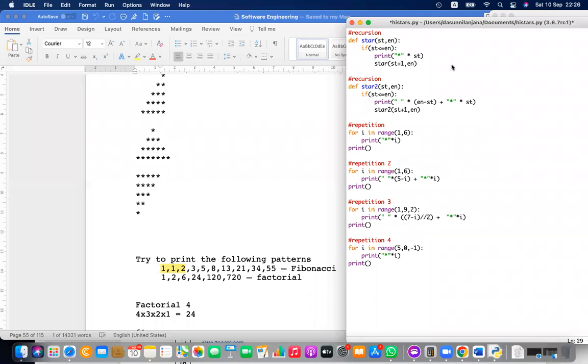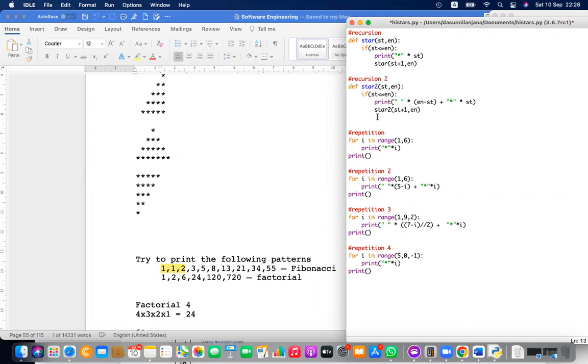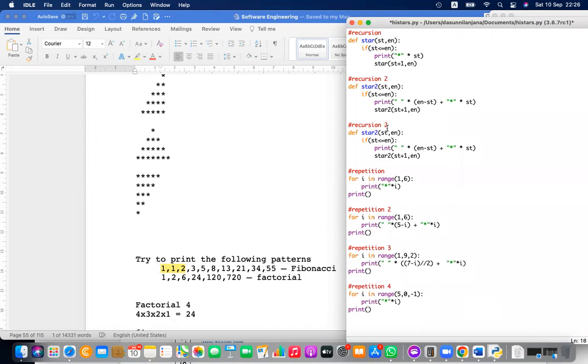Right here, actually, the reverse loop. Let's do this one, recursion 2. Recursion 1, and recursion 2 is this. And let's try for recursion 3 also, copy and paste the same thing again. In recursion 3, what you need to do is you are starting from this, then you have to go